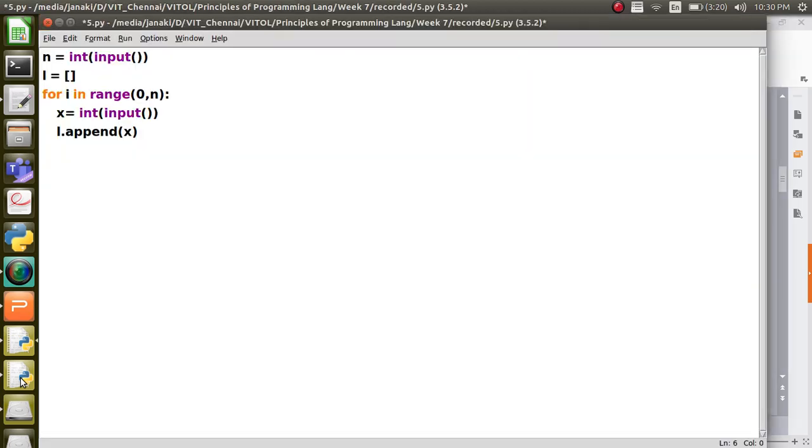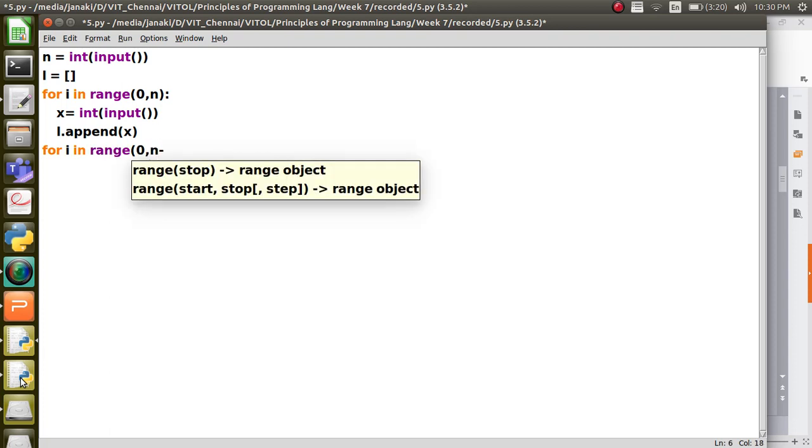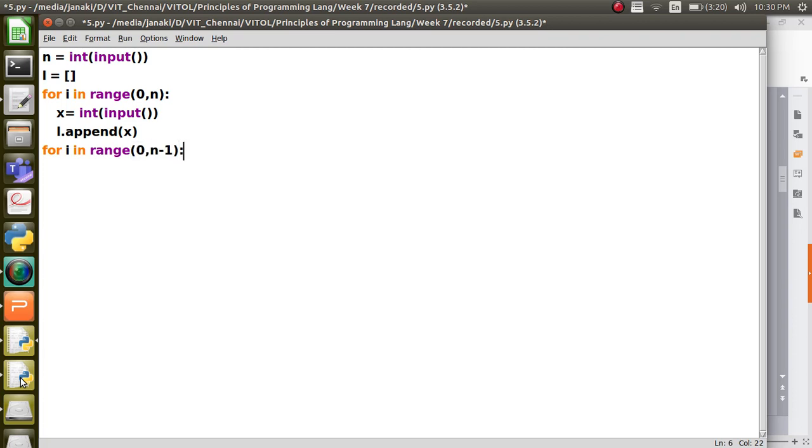After that, now the sequence is built. Now we have to start for each element in the list. So in the range, we are going to go only up to the last but one element. We are not going to consider the last element in this sequence, because there we have to consider only the before. We need not find the after, because nothing is there.